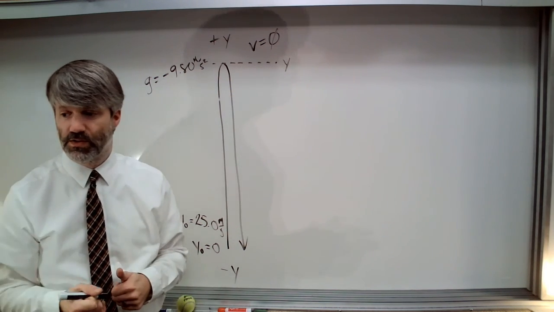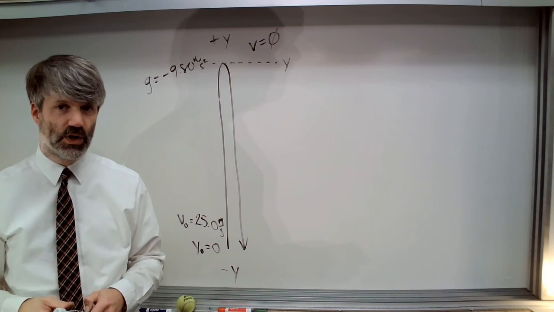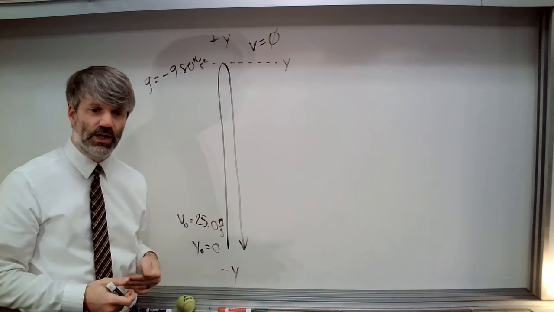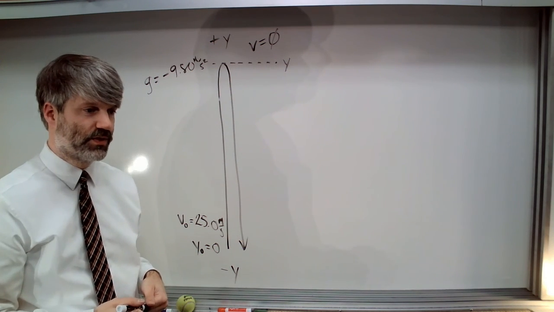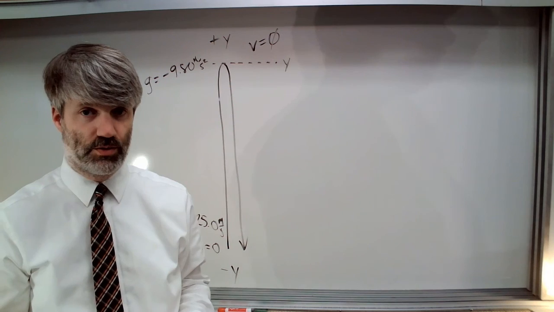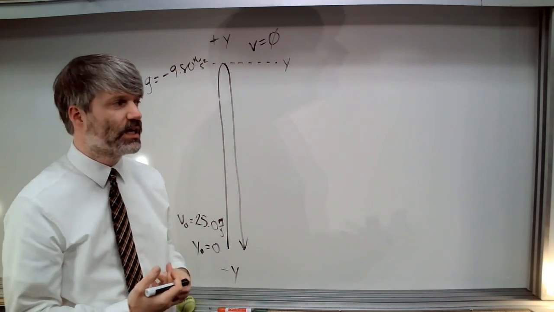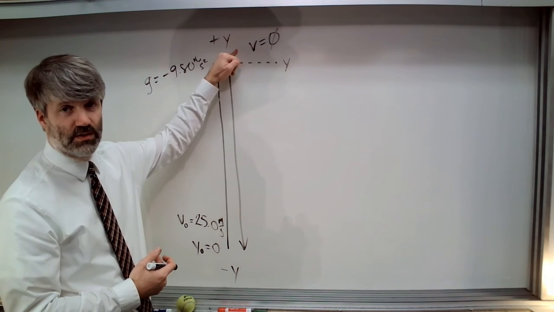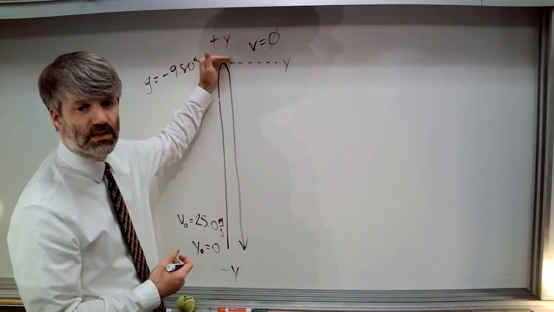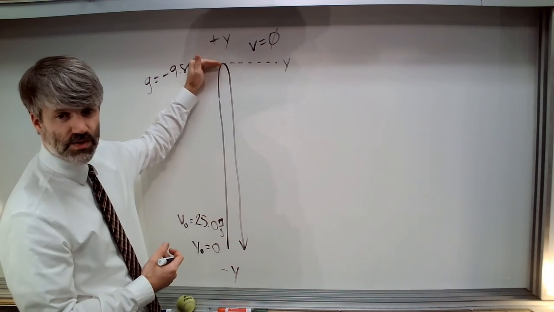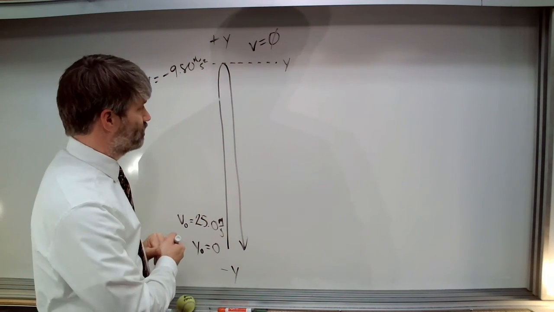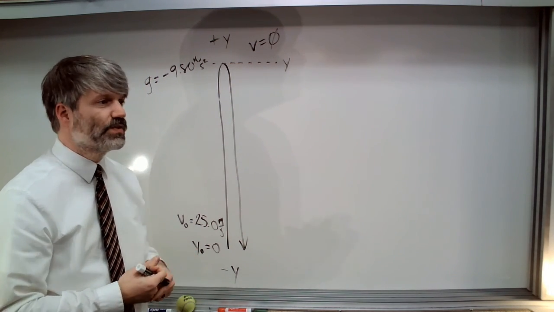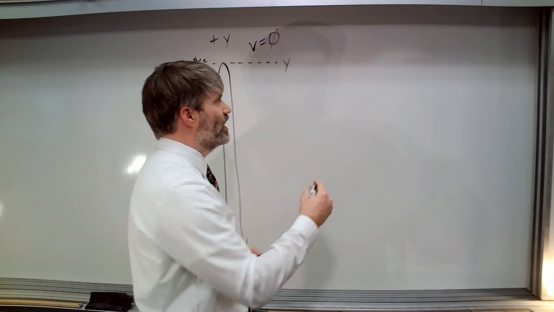Alright, first things first, let's look at A. How high does it rise? Okay, in this case, we do not have a time involved yet, so we've got to look through our equations and find one that involves an initial velocity, an acceleration, and a final velocity, because we're really only interested in the trip from here to here at this point. Meaning that we know the final velocity. Okay? So the equation that we're going to use for this, for part A,